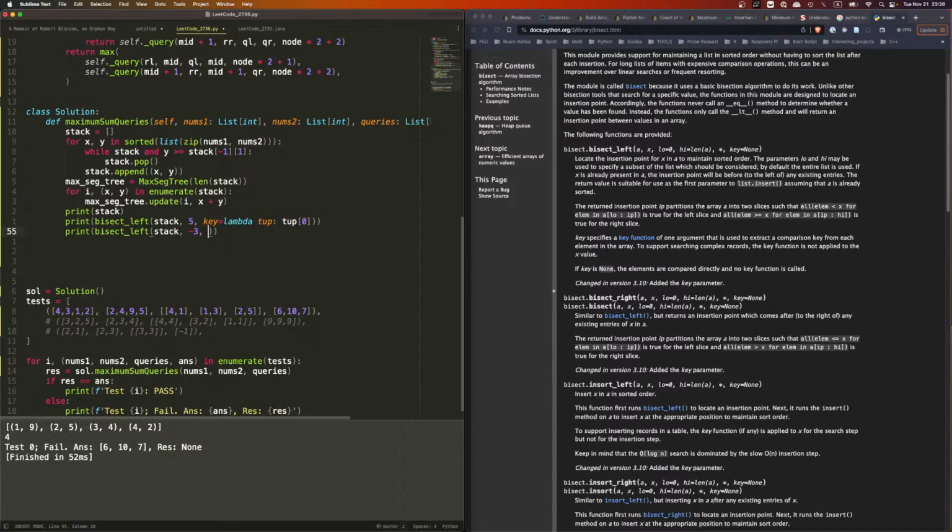So key equals lambda tuple negative tuple 1. 0, 1, 2, 3. Yes. So which means we have to always minus 1. And if we do 4, it'll be 0, 1, 2. 0, 1, 2. But in our case,